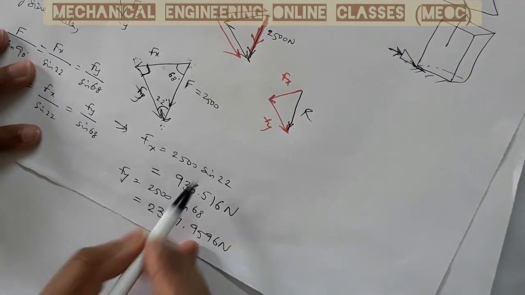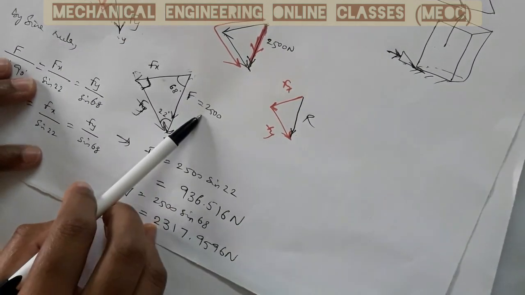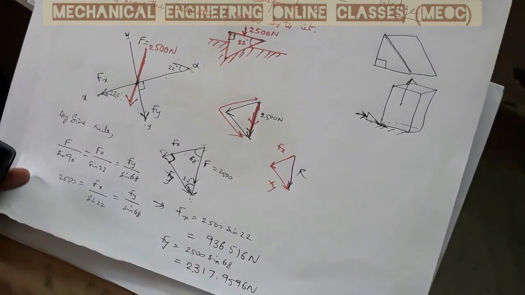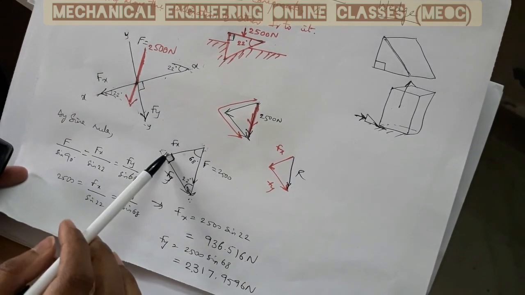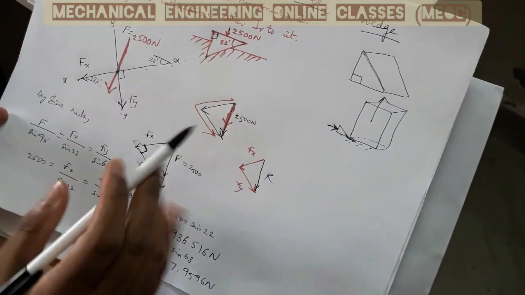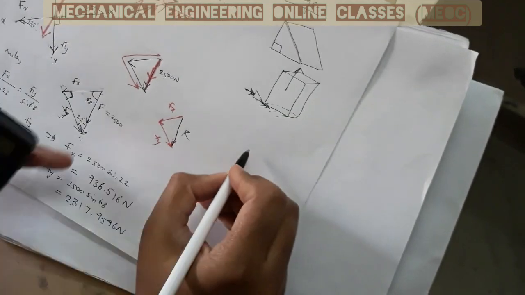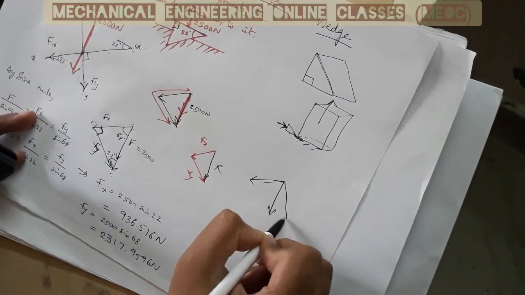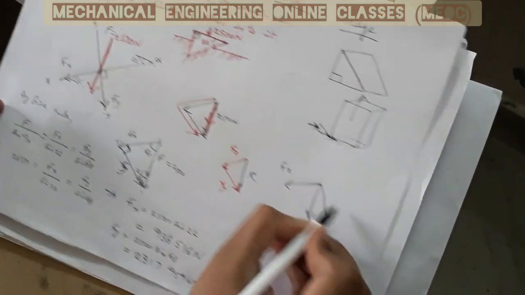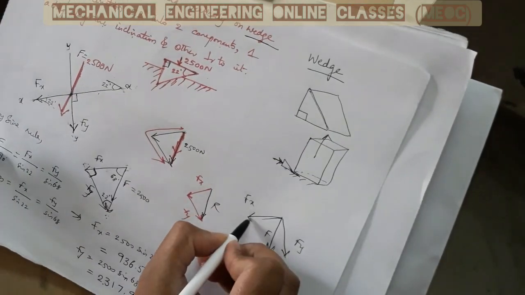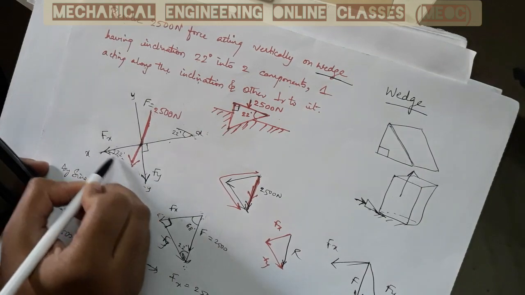So this is the resolution of the force 2500 when the resolution is done along the inclined plane and perpendicular to the inclined plane. Rather than always trying to draw a force polygon or a force triangle and apply the sine rule, I'll tell you one simple thing that we all know how to apply here. We have the 2500 Newton force like this. We need one component along this, one component along this. This is Fx, this is Fy, this is the F, which is 2500 Newton force. Now this is nothing but 22. This is 22 with respect to horizontal.